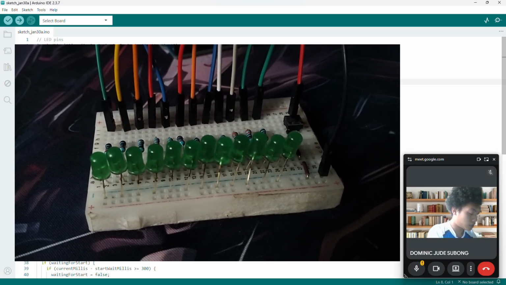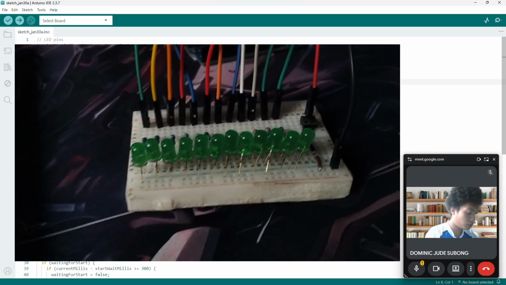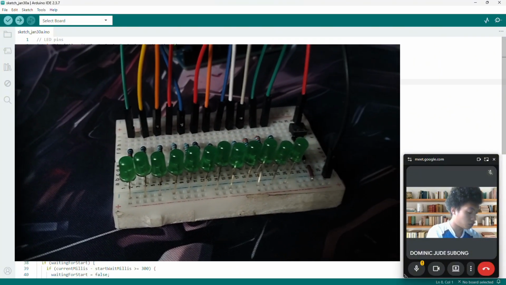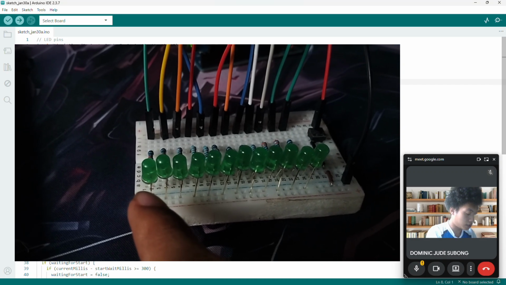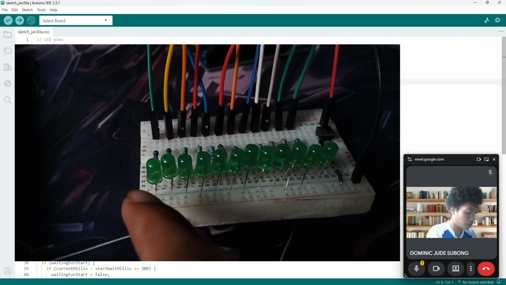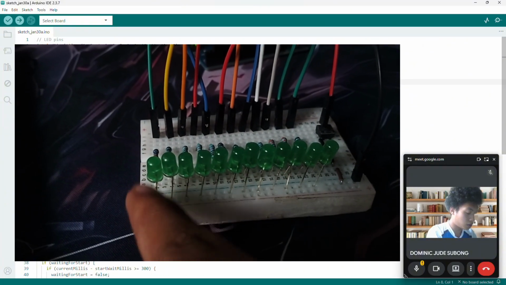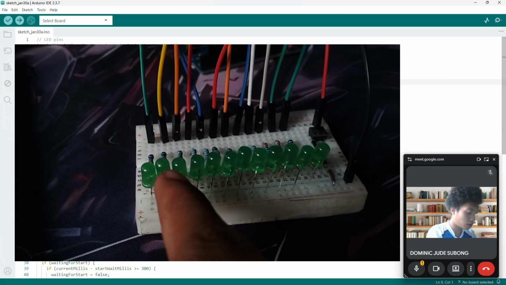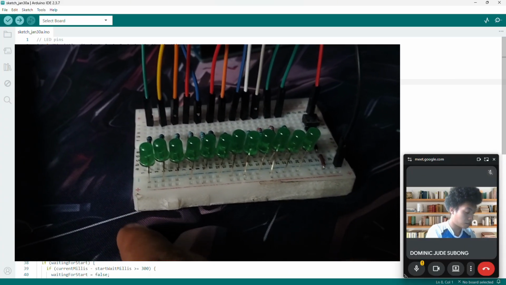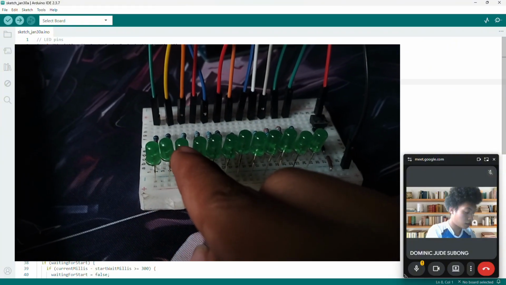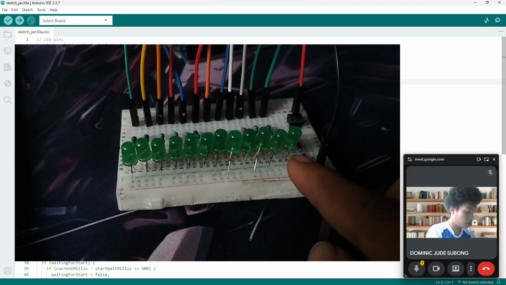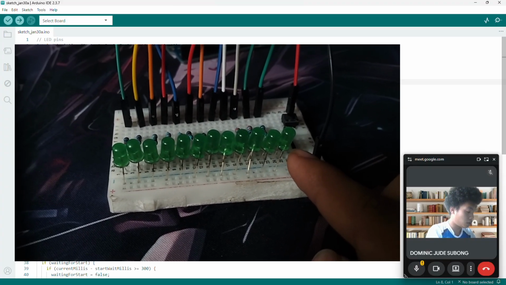This is our actual circuit. So when we click this switch, the program will start, which will turn on this first LED. After this first LED turns on, it will turn off, have a 3 milliseconds delay. Then the second LED will turn on, turn off, have a 300 milliseconds delay, turn on until the third LED turns off, and it will repeat the pattern until this LED will be reached.